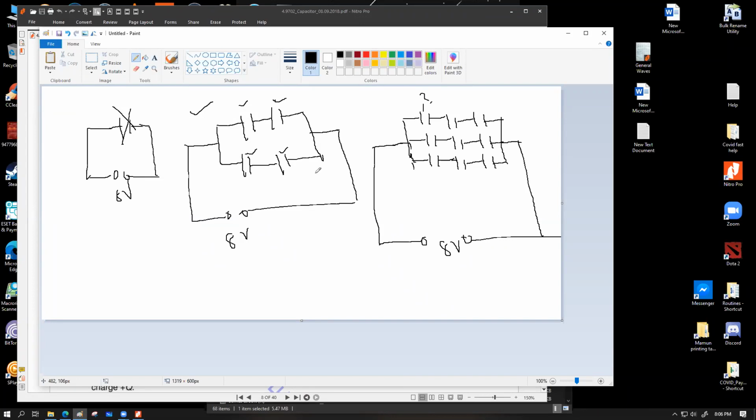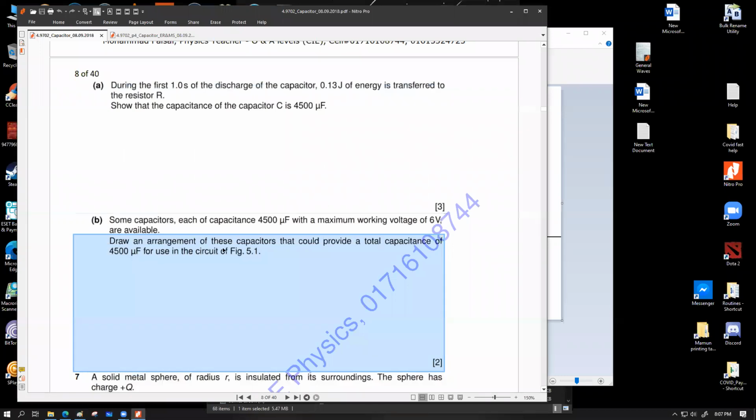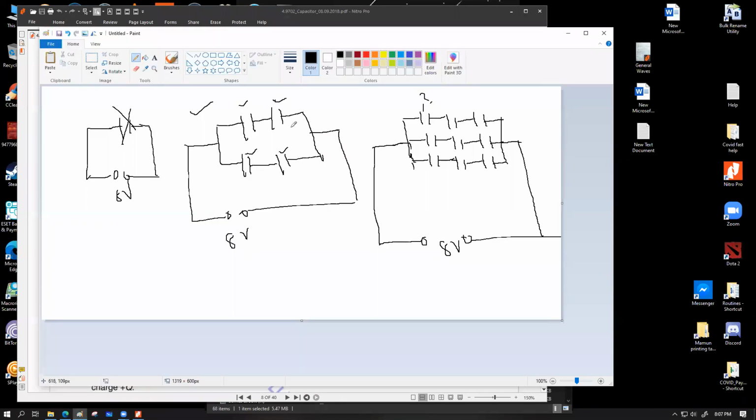So you could give this combination, you could also give this combination, but drawing this combination would be too much because you don't need that many capacitors. The question doesn't say draw an arrangement of these capacitors that could provide a total capacitance of 45 microfarad to use in the circuit. They did not say that it uses the minimum number of capacitors. So which means you could use any of these variants going on. So 2 series 2 parallel, 3 series 3 parallel, 4 series 4 parallel, any of these combinations should be acceptable